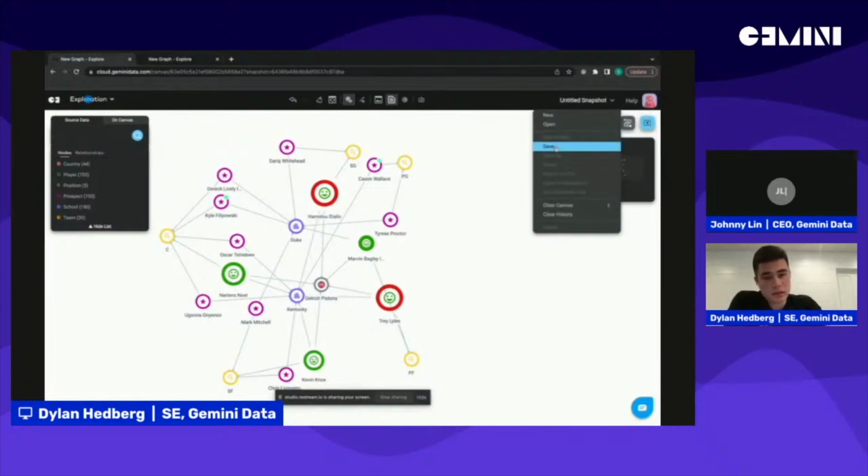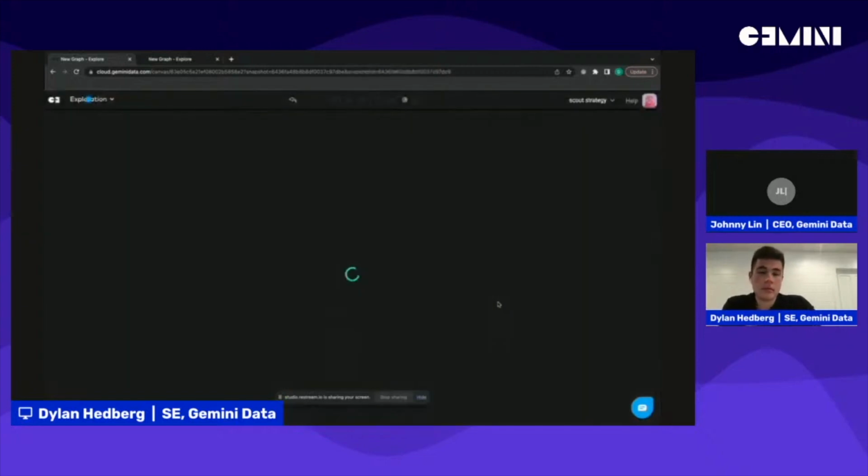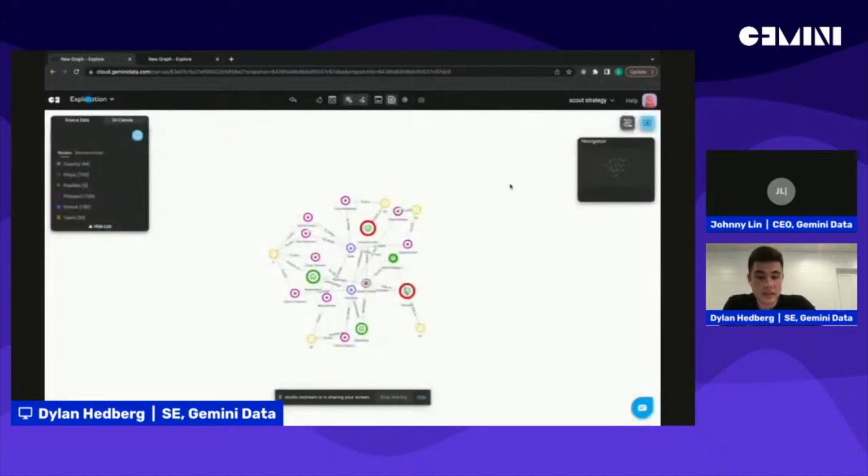And to share this with our team, let's say I want to save this graph. I'm going to save this as scout strategy. And as it saves,